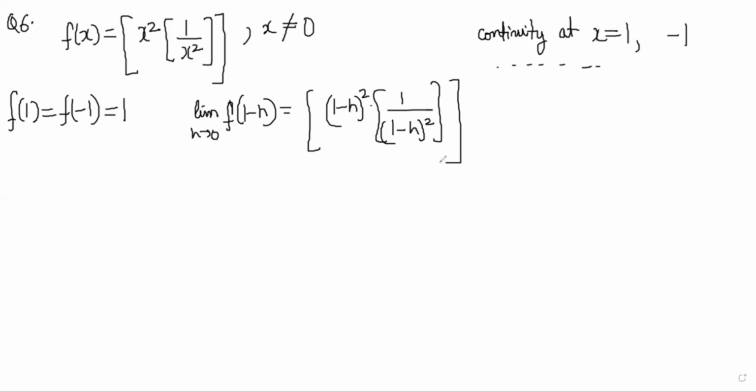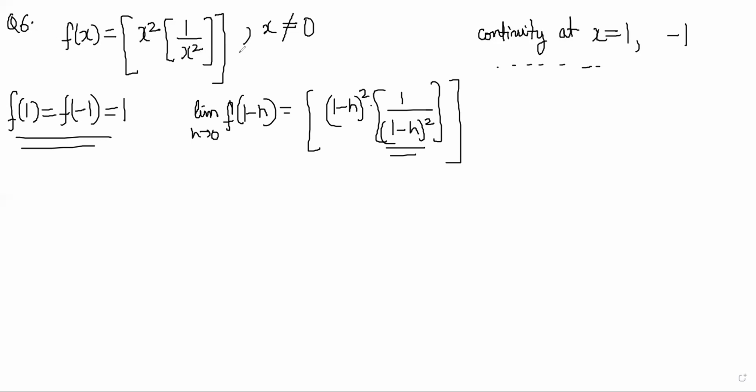At x is equal to 1, RHL is coming as 0. Okay, so if RHL is coming as 0, then it is discontinuous clearly, right? It is clearly discontinuous, because you cannot suddenly go up to 1. Just beyond 1, this value becomes fractional, so GIF is 0, so it will become 0.